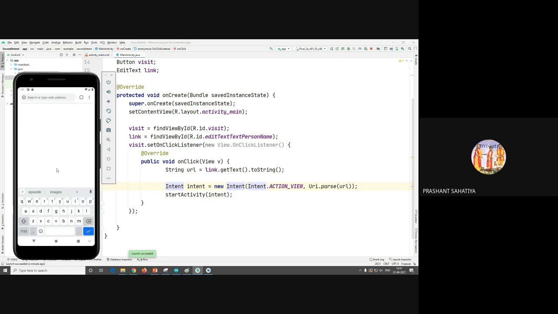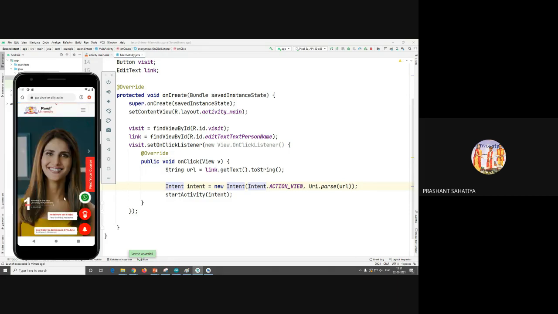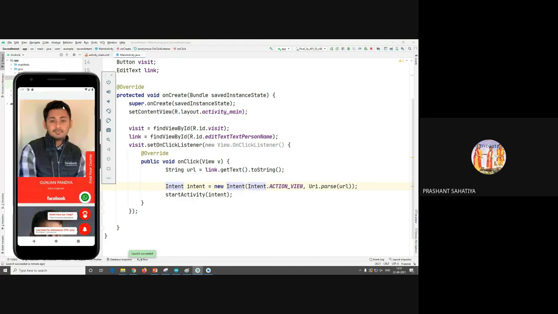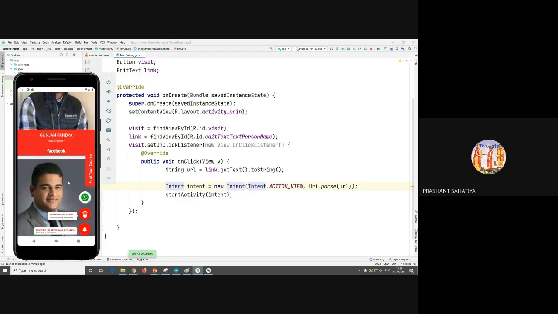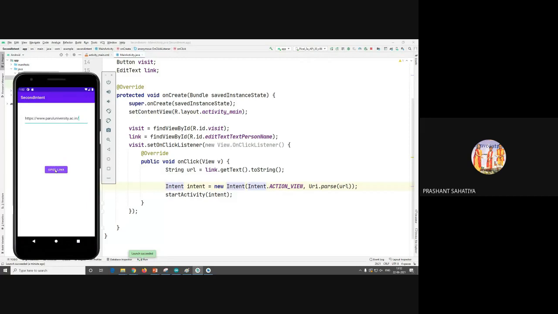So it went on to the browser and it opened as a URL. हो रहा है, ओपन हो रहा है. ठीक है, this is what we are getting. Right? So this is explicit. It opened the browser. You can open your phone, I mean that call application. You can open the email, Gmail applications. You can open the gallery. You can open the camera. Whatever you want to open, everything you can open. Okay, this is what it is about.